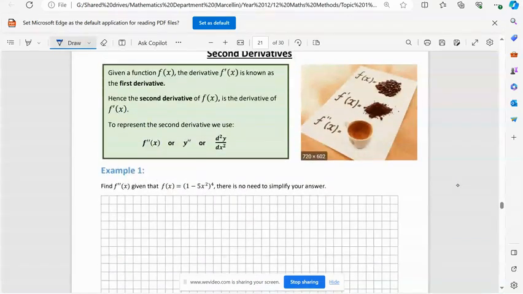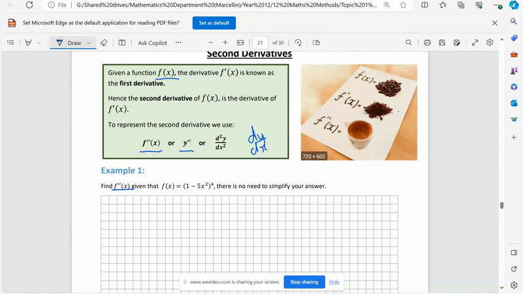at the notation. So we know that if we have an original function as f of x, the double derivative is f dash dash x, okay? If the original function is y, the double derivative is y dash dash, okay? Or another way to write it is d squared y by dx squared. It's kind of like diffing, so we know that the original is dy by dx, and it's kind of like doing it twice, okay? So in this first question it says find f dash dash x, so that's a double